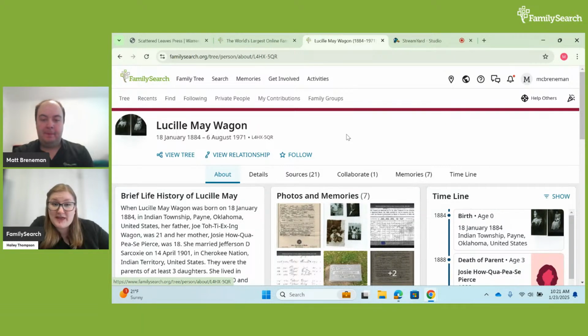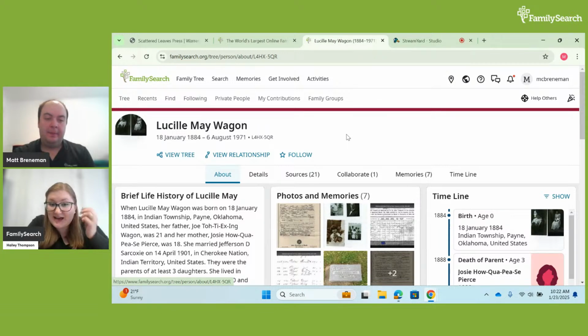I would also just note that for the locations part, I know that our places team is constantly working on updating those locations based on the historical jurisdictions that things were part of. For example, your town may have been in one county at one time and another county at another time. So those things are constantly growing and improving.